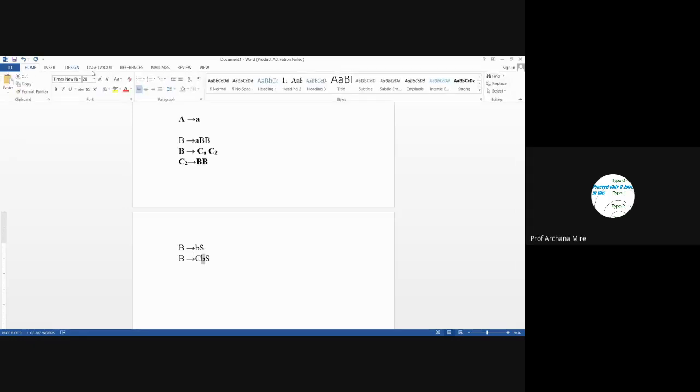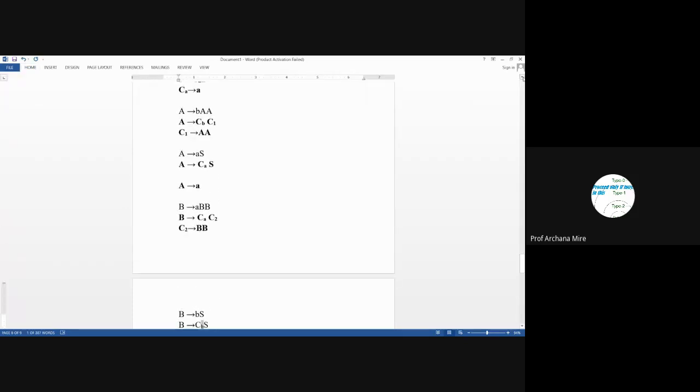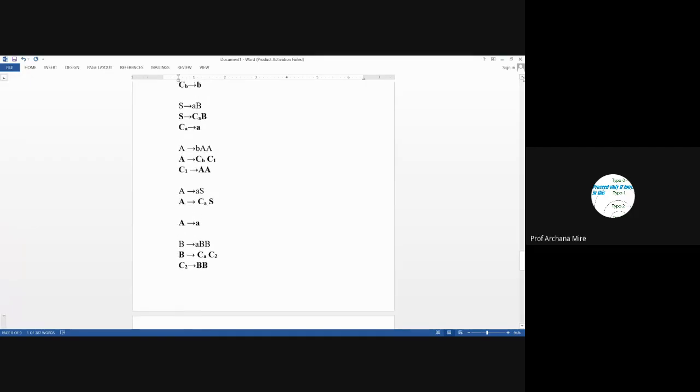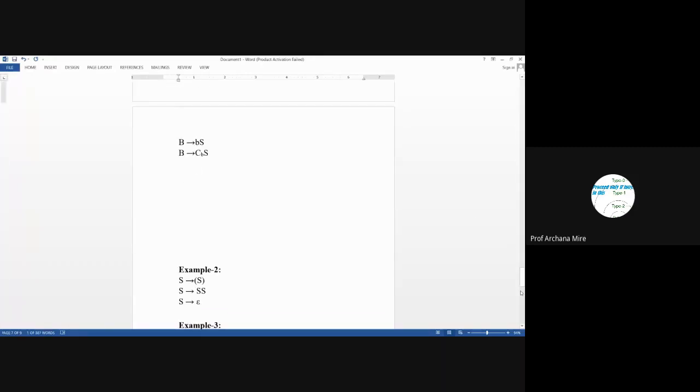So I'm marking it as a subscript. D leads to CBS. Let's check whether we have already used this non-terminal CB. Yes, we have already used this non-terminal CB and already introduced the corresponding production rule, CB leads to B. That's why we don't need to insert one more production rule here. It is already introduced there.